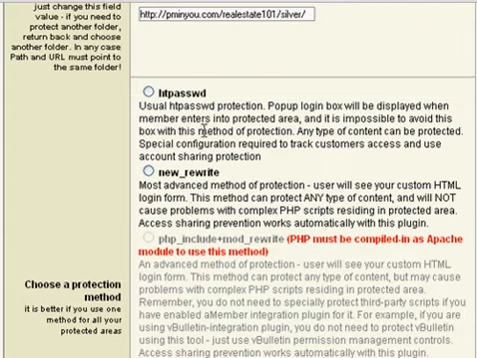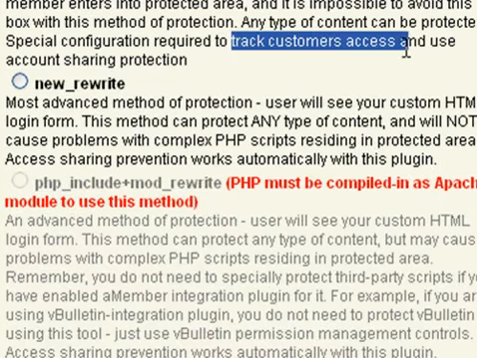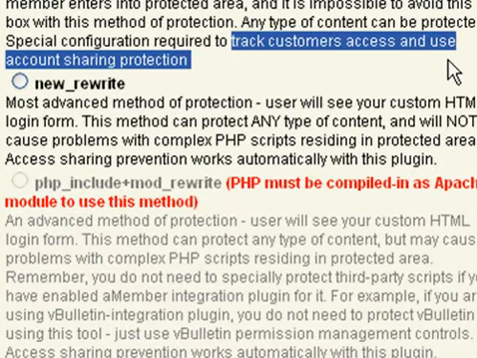the new rewrite. The big difference here is that the HT password, when chosen as your method of protection, whenever a visitor logs into their silver membership, is going to give them a pop-up screen that asks for their username and password. Fine and dandy, no biggie. You can also tweak this a little bit to where it would actually track the customer's access and use account